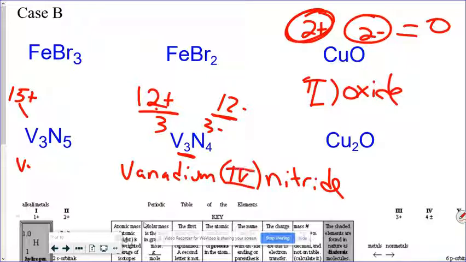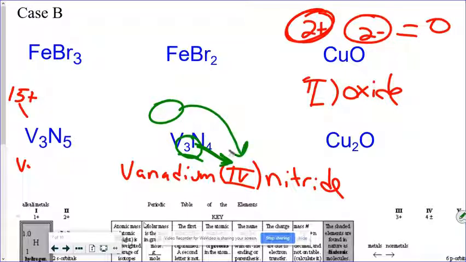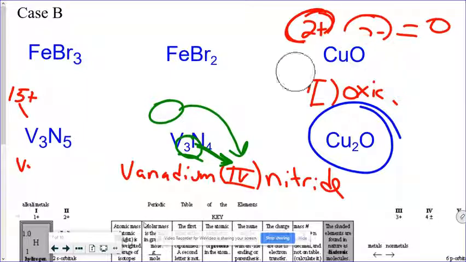4. I want to make sure everyone understands that's watching this video. This is not the Roman numeral that goes there. Some students get that mixed up. This 3 is not the Roman numeral that goes there. You have to figure out the charge of each vanadium. That is what the Roman numeral is. This is the next problem we're going to do. Pause the video, try